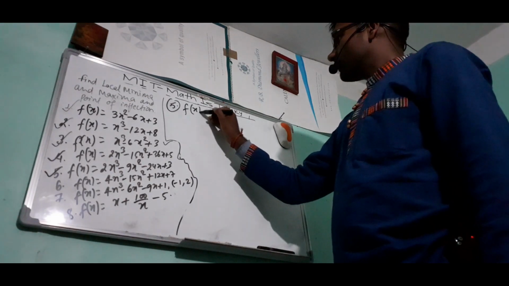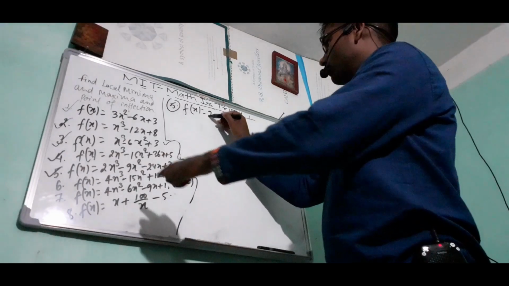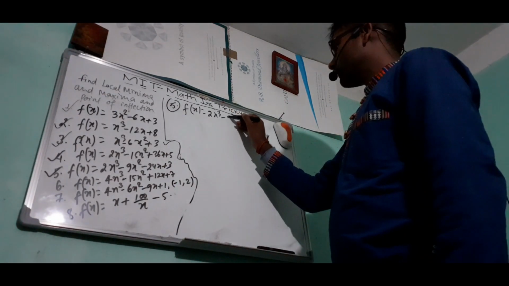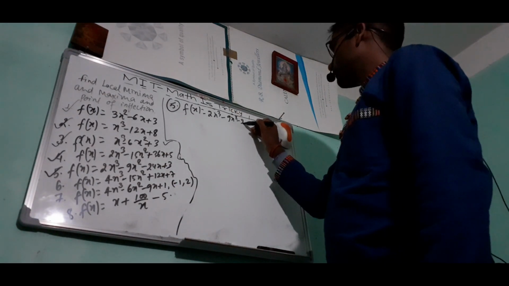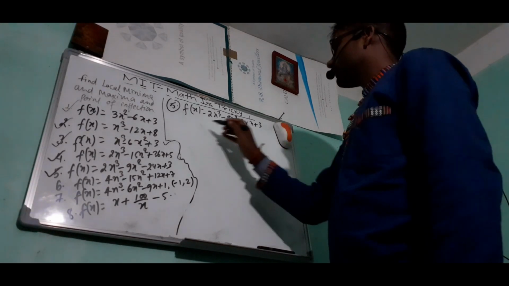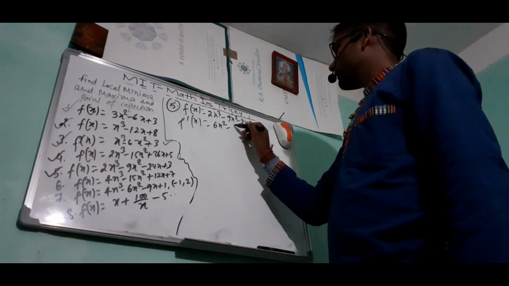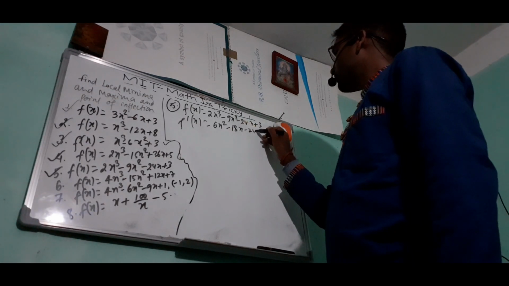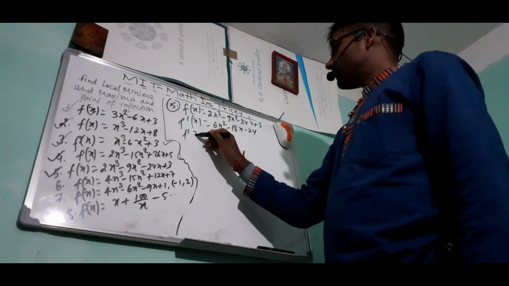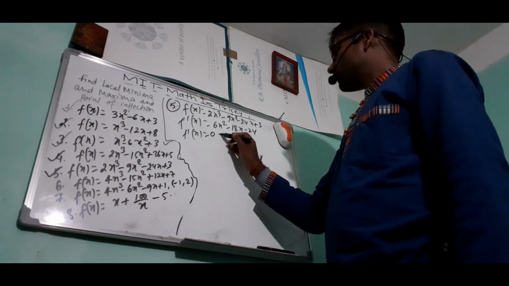f(x) is 2x cubed minus 9x squared minus 24x plus 3. Let's find the first derivative. It is 6x squared minus 18x minus 24. f'(x) equals 0 gives